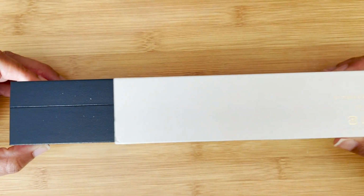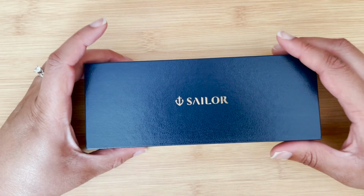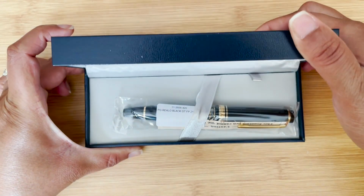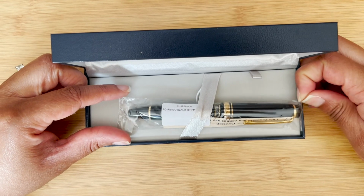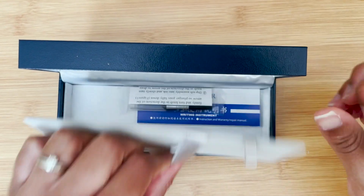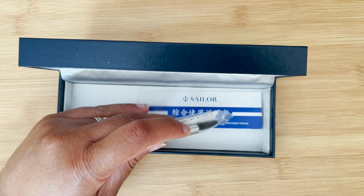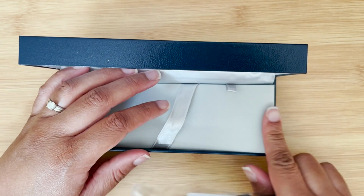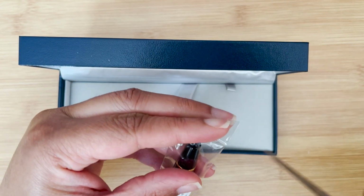is a pen I've wanted for a while, but just didn't want to spend the money until now, I guess. So open it up slowly. It has the clamshell box because it's not a special edition. It's more like something that will be around for a while, so it gets its own box. It doesn't have anything else very special about it outside of just some information on Sailor, the cartridge or the converter, and the little bed, and then the pen. So I finally got a Sailor Realo,